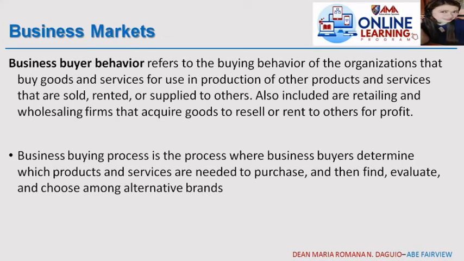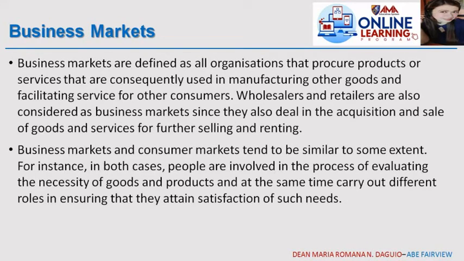So to continue, business buying process is the process where business buyers determine which products and services are needed to purchase and then find, evaluate, and choose among alternative brands. So business markets are again defined as all organizations that procure products or services that are consequently used in manufacturing other goods and facilitating service for other consumers. So clearly stated here, class,